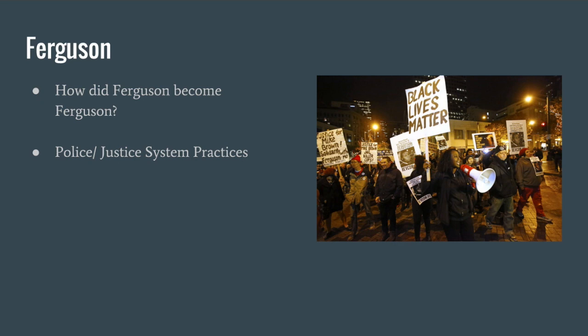The report also determined that people were generally used as a source of revenue for the government. We're going to watch a video on this in just a minute. They reported lots and lots of racist emails from the police force, which is a majority white police force, showing extreme contempt for the people that they were there to protect and serve. Lots and lots of arrest warrants for minor infractions. So you didn't pay your $20 parking ticket and you would have an arrest warrant issued for you, which is pretty excessive.